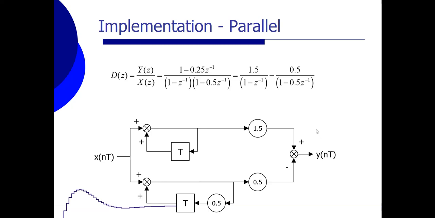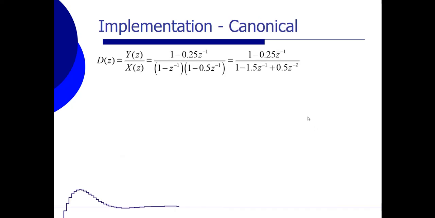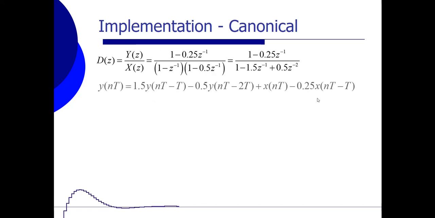Leaves us with one implementation form, which is the canonical implementation way. And the canonical way of implementing a digital filter is more or less a special way of implementing it in the direct way. And when we look to the direct implementation, we worked out this transfer function in this way. And we worked it out by doing the cross multiplication, and then we got this as a difference equation over here. What we are going to do now is we are going to take all the parts with the same